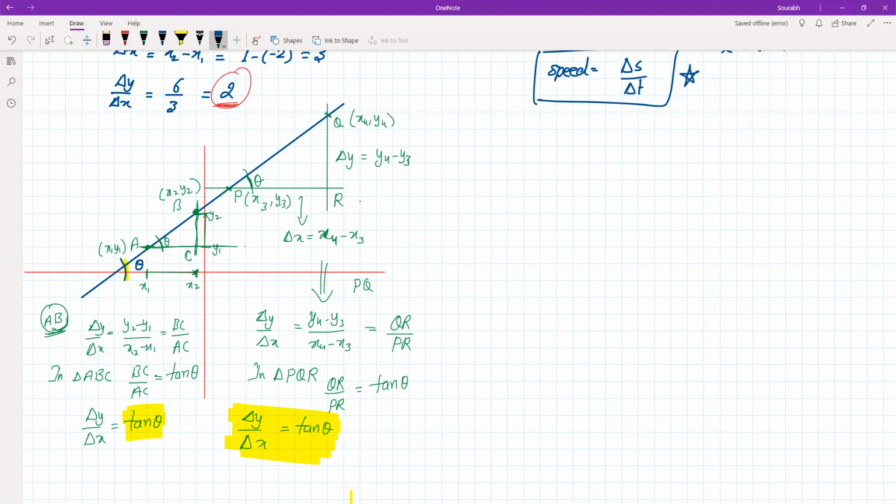And that's why we see here that if a function is a straight line, that rate of change is always going to be constant. So the straight line graph will always represent that the rate of change of a quantity with respect to another quantity is uniform, right? So it doesn't matter, the rate of change will be always constant.